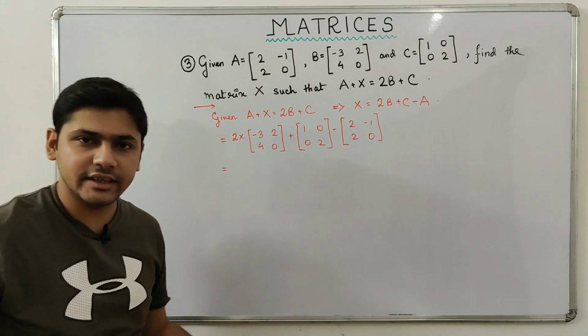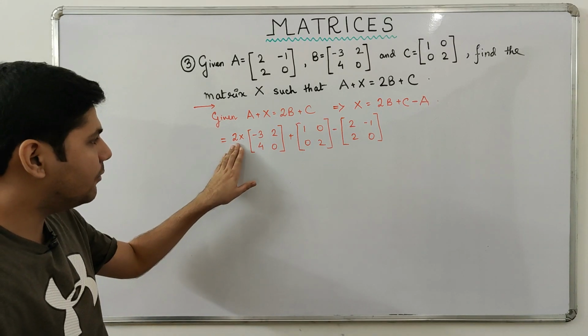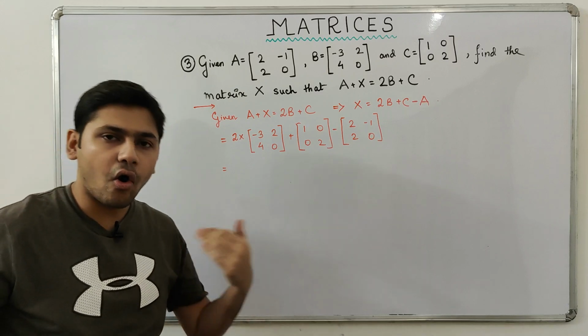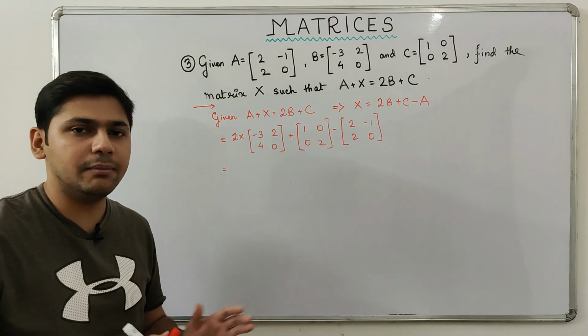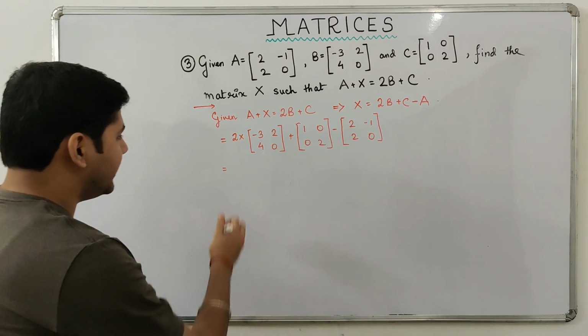Now I told you in the previous sum also that if a number is multiplied to a matrix, then all the elements of that matrix get multiplied by that number. So we will have